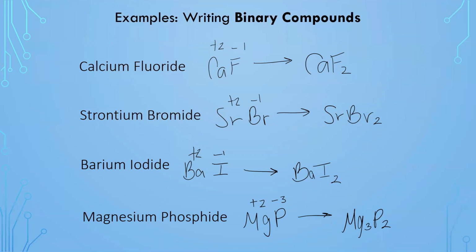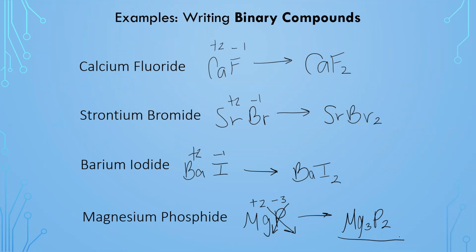Okay, the bottom one's a little challenging. So magnesium, Mg, has a charge of +2. Phosphide is phosphorus, P. Remember, we're just doing binary elements. So just from your periodic table, P has a -3 charge. Comes second, so it has to be negative. So I just crisscross them. So the 2 from magnesium becomes phosphorus's subscript, and the 3 from phosphorus becomes magnesium's subscript. So I'm left with